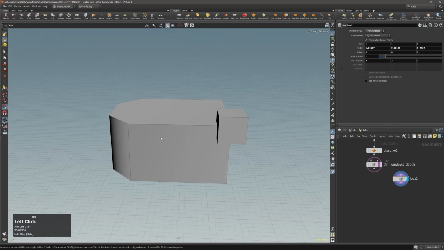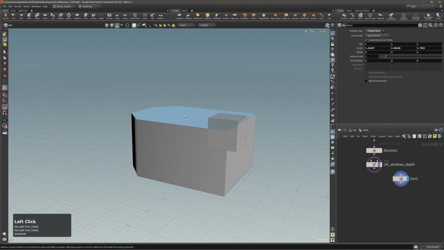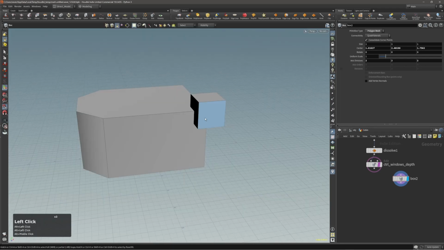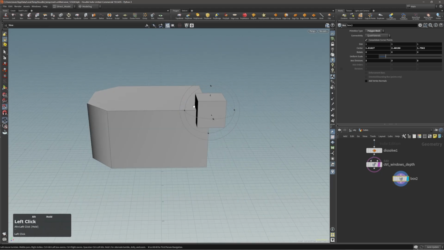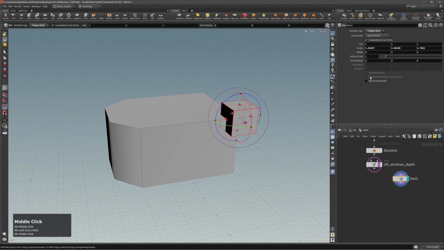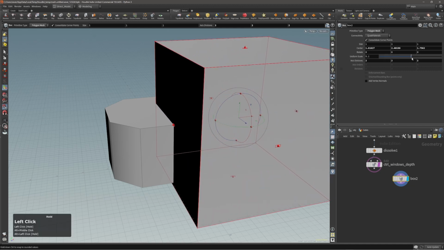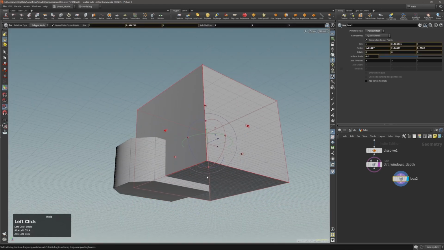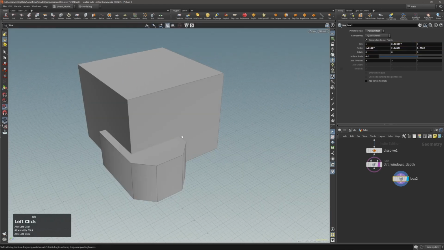We need this to be selectable, because now we can operate on it, which will be very useful later. But let's get back to this cube, and let's make it bigger, something like this, and then just manually move it around,